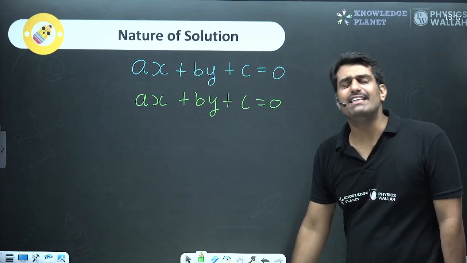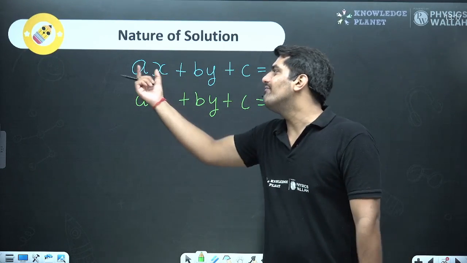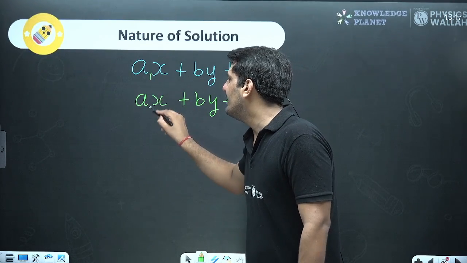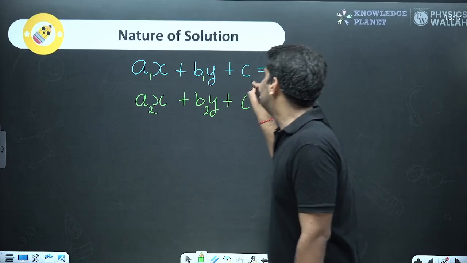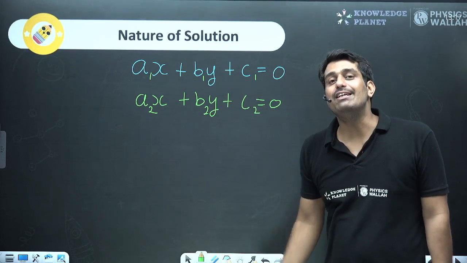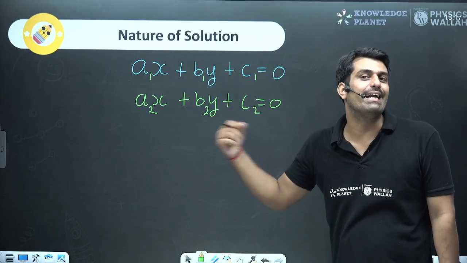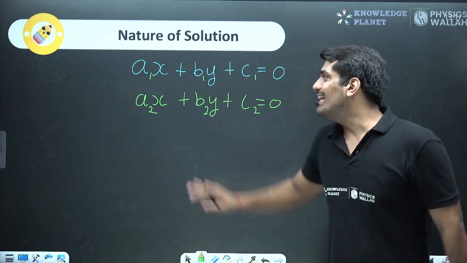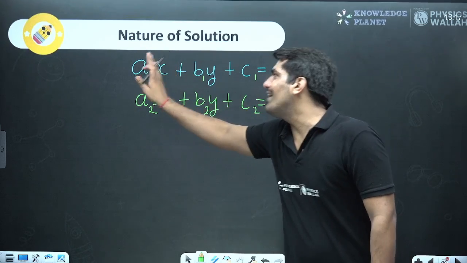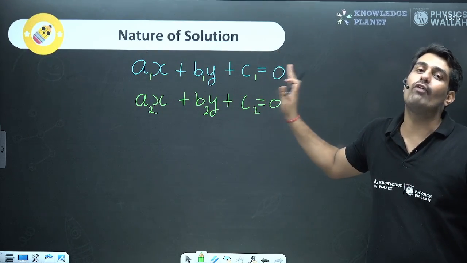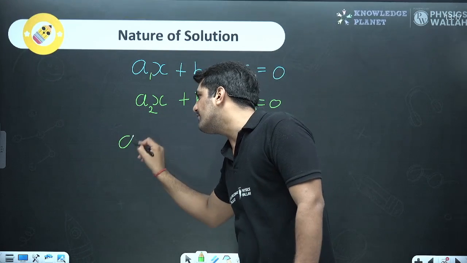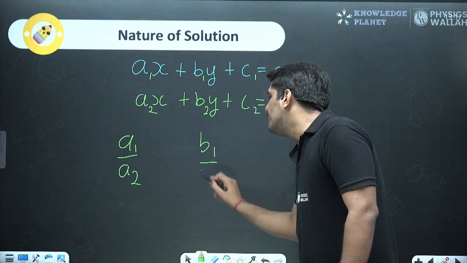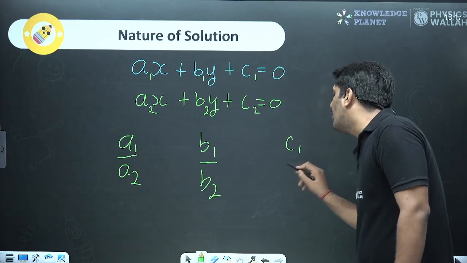But how do we differentiate a and b, sir? Because in this equation we have a, and in this equation we have a. For that we have named them a1, a2, b1, b2, c1, c2. Now we can differentiate the coefficient of x in the first equation and the second equation. To understand what case scenario it is, we need to compare the ratios: a1 by a2, b1 by b2, and the constant ratio,